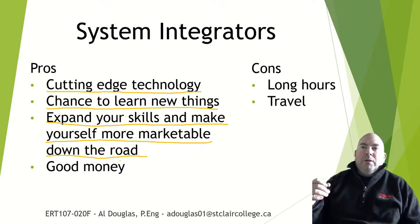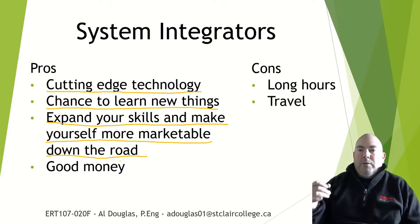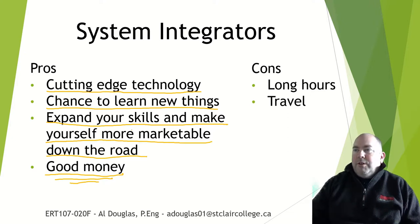So you want to be able to learn as much as you can in a short amount of time as soon as you get out of school. Working for a system integrator is a really good way to do that. And you will find that you're probably going to make very good money. This you're going to see as a common theme for a lot of these career fields, the good money side of it. So some of the downsides of this: